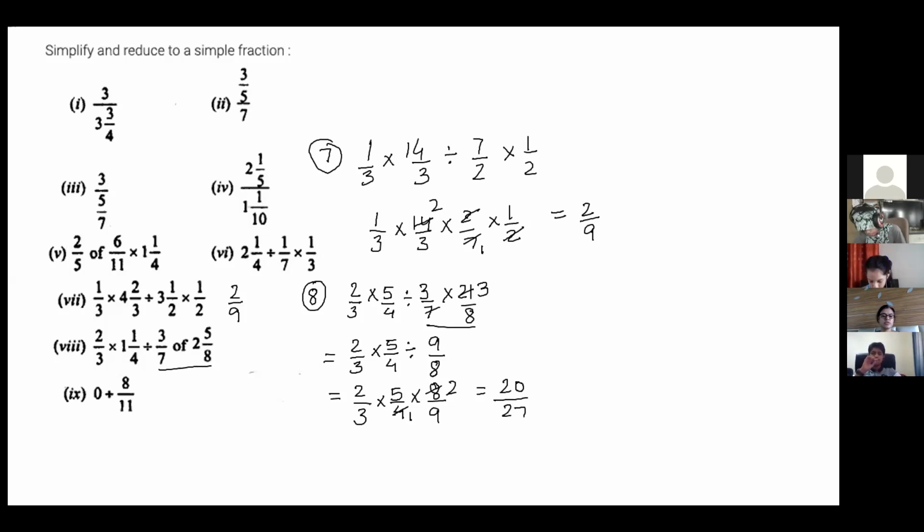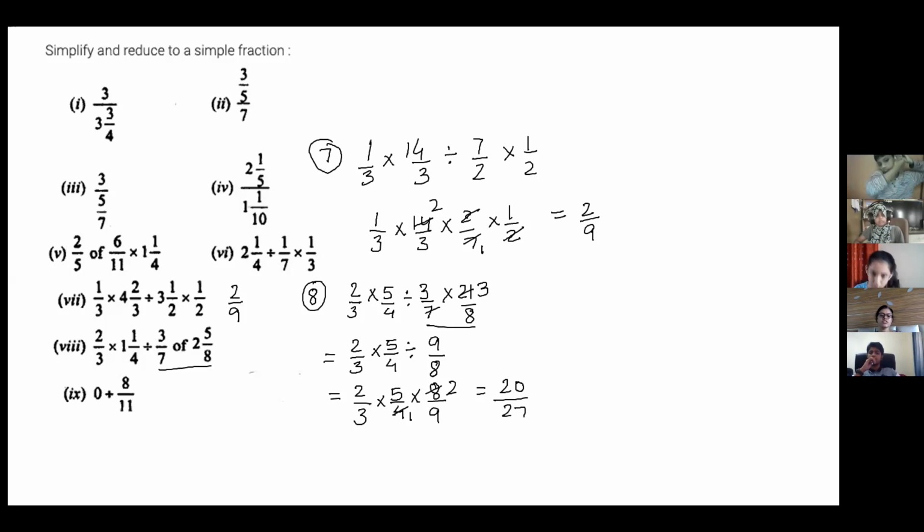In this question, you have to remember that we have to solve off first. Because in BODMAS, before division is off, okay? So before doing the reciprocal, you have to first do the off part and then do the reciprocal. What is the meaning of off? Off means multiplication only. Remove off and put a multiplication sign. Ma'am, I got answer 20 upon 27. Yes, even I have got 20 by 27. So that means that is the correct answer.